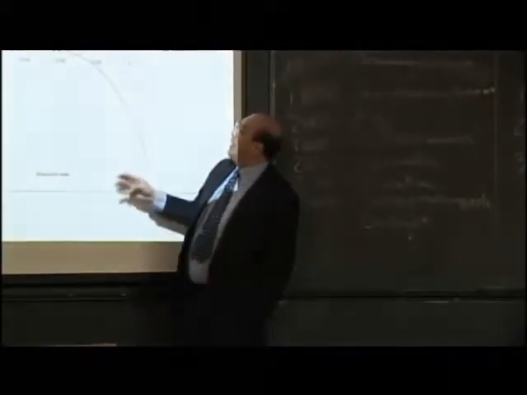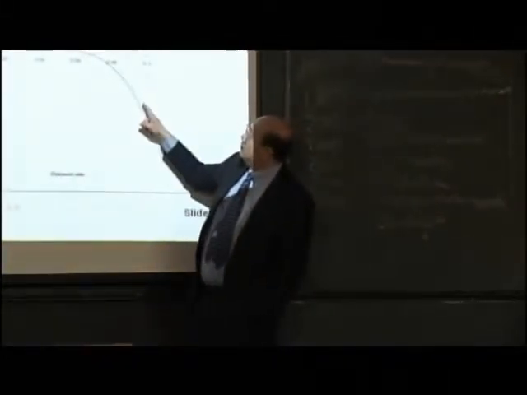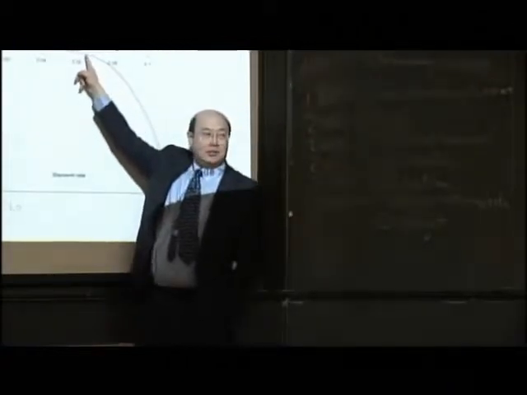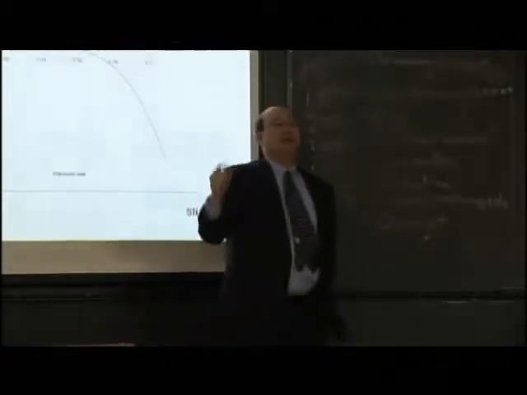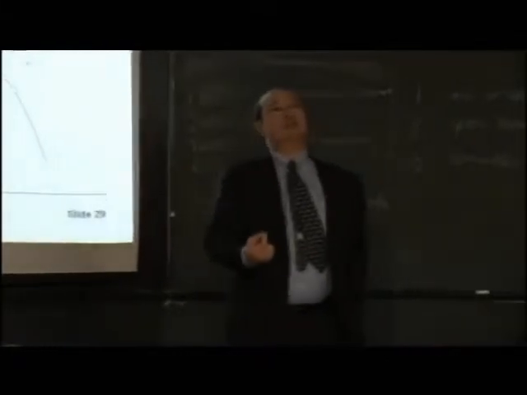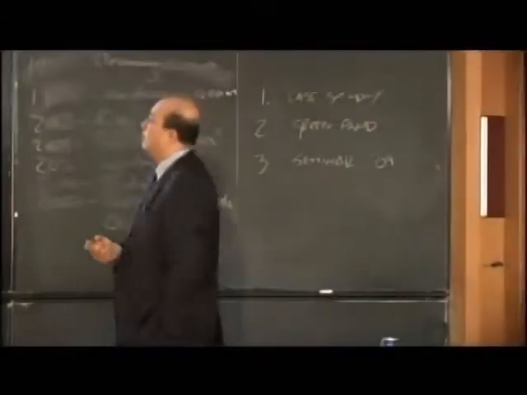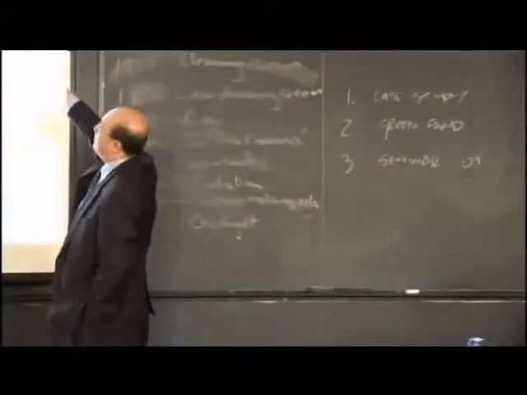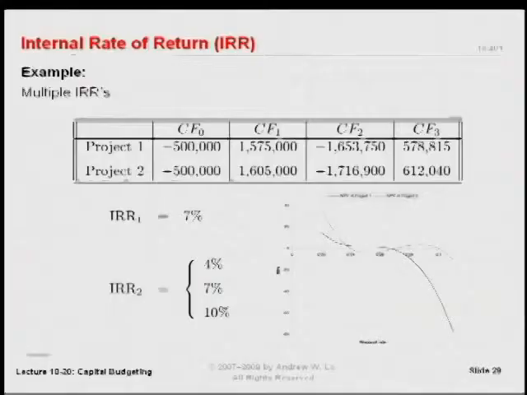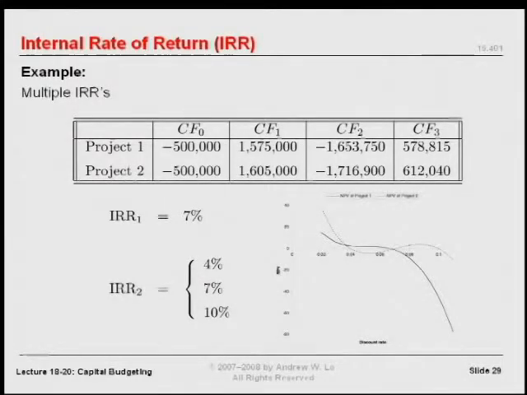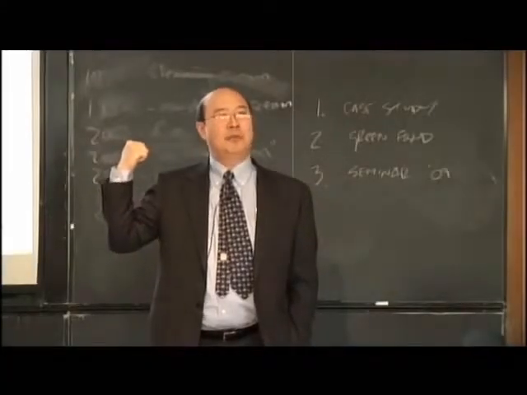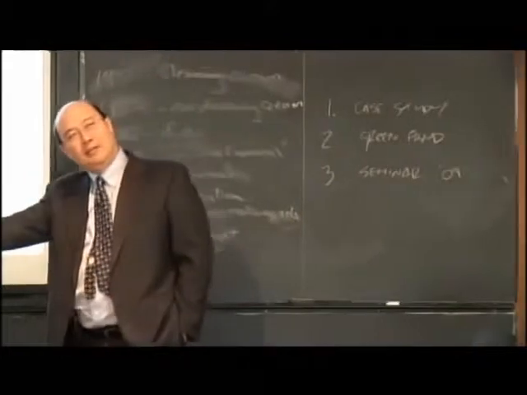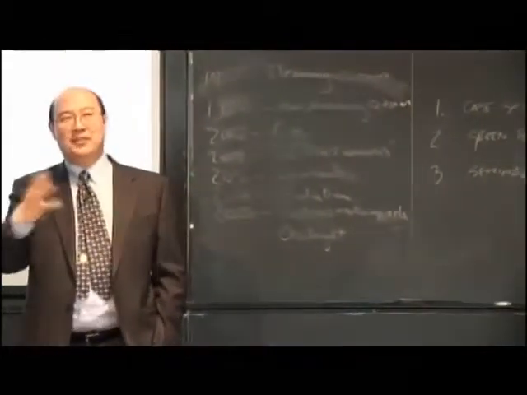sorry. And so with the first project, you actually get a unique solution. It only crosses the x-axis once. Okay, so you get a unique real solution. But if you take a look at project 2, it crosses the x-axis once, twice, 3 times. You get 3 solutions. They're all real, by the way. You get 3 real solutions. Which one would you like? Take your pick. You pick the biggest one, or the smallest one, or maybe average them, or do something, I